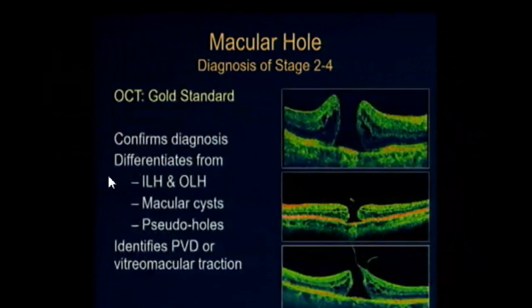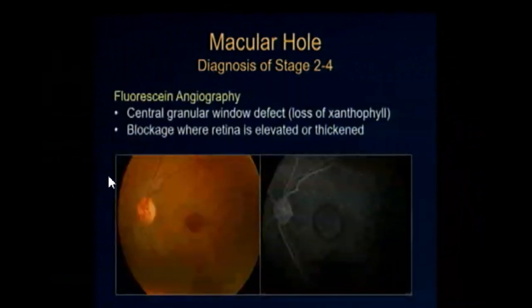But if you're lucky enough to have an OCT, it will show you the standard changes that confirm whether it's full thickness. It will tell you the status of the retina, the cystic changes, and everything, and it will identify whether the PVD is complete or not. You can do a fluorescein angiogram. It's not necessary. If you do it, you will see a little bit of hyperfluorescence in the center because there's less tissue. And at the cuff, you may see a little bit of